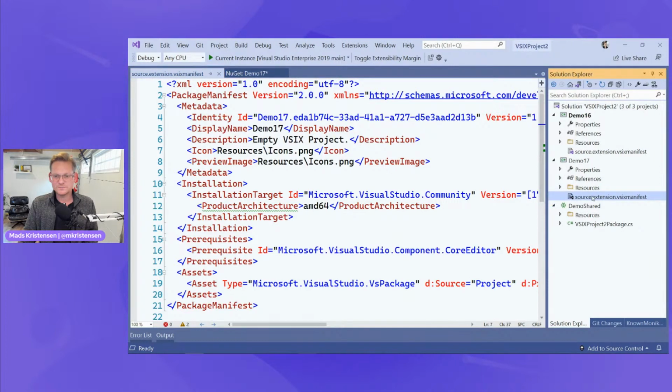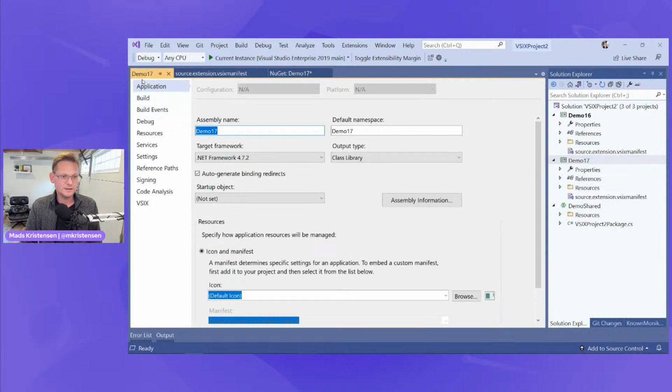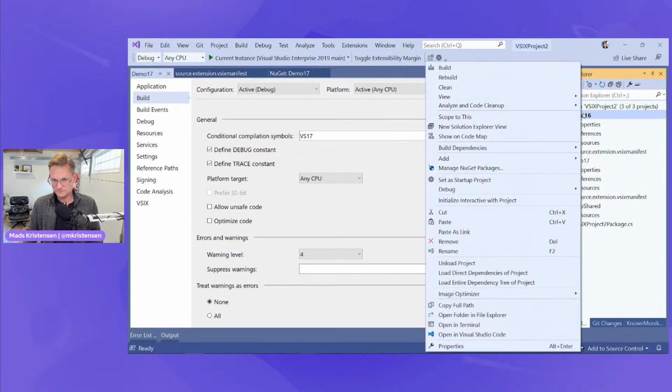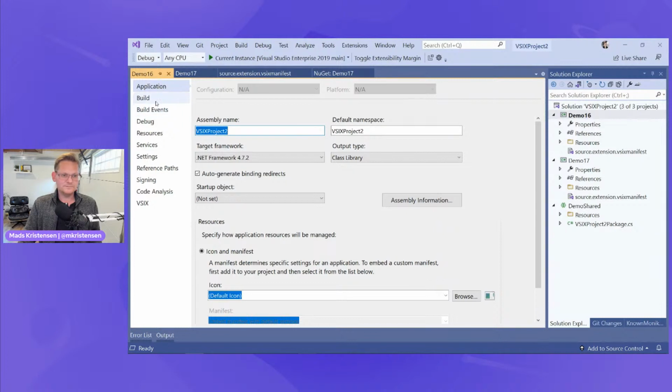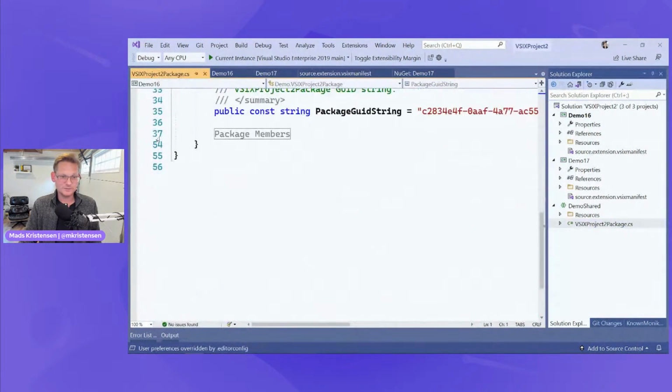What we do in the toolkit, for instance, is if there are differences, we don't want to make big changes in our shared code here, so we can do a cool trick. Let's go under build and say, hey, this one supports VS 17. And up here, we add a symbol called VS 16. So now they're there. We could go into our C# code.